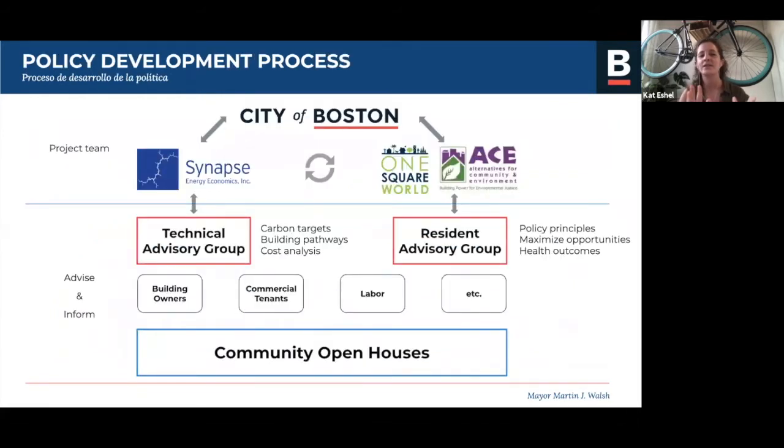So this slide shows who's working in this and who's involved in this process. The project team is the City of Boston, which is leading the development and the writing really of this policy. We're then working closely with two teams. One team is Synapse Energy Economics on the technical analysis side, and then we're working with One Square World and Alternatives for Community and Environment on the resident advisory group, and really helping to center impacted communities in the design